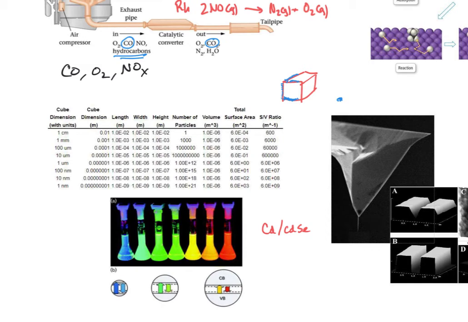So there's actually a lot of research right now on catalysts using nanomaterials because we get much, much more surface area compared to volume. So in other words, what I'm saying here is only the atoms at the surface matter. So if we have a bunch of atoms on the inside, and let's say here's